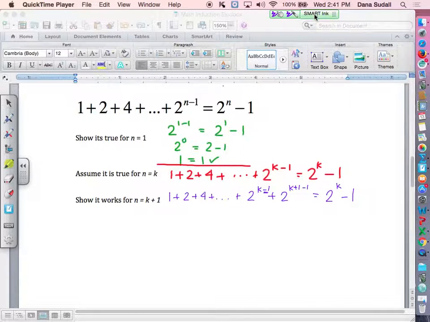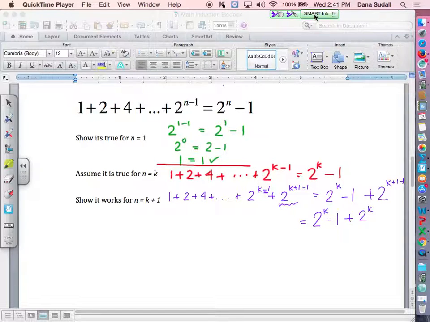Right-hand side stays the same. This value that I added to the left-hand side, I'm going to add that same thing to the right-hand side. All right, and 2k plus 1 minus 1 is really just 2 to the k. On the right-hand side, if we simplify,